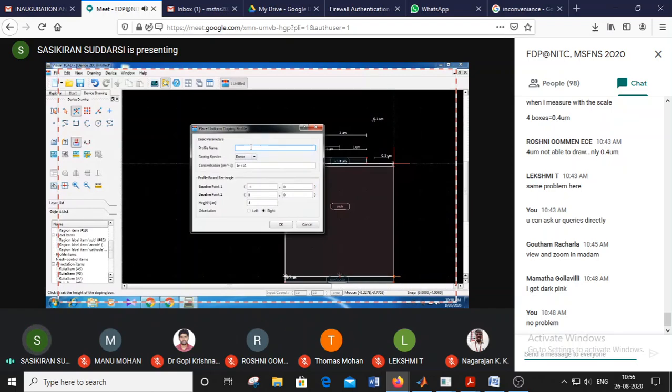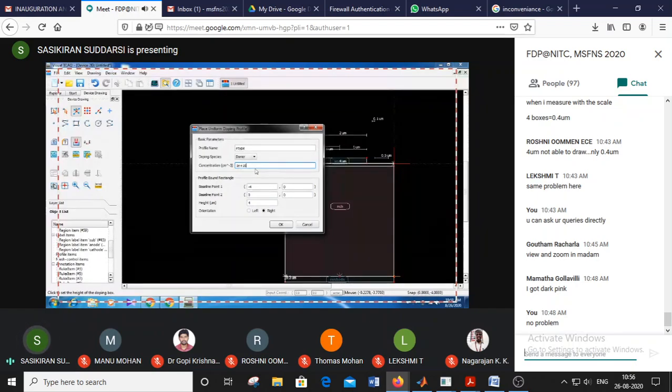For the first region we need to fill the n-type material, right? So I will type n-type material. N-type we can always choose as a donor material. Here we can change the concentration of that n side.